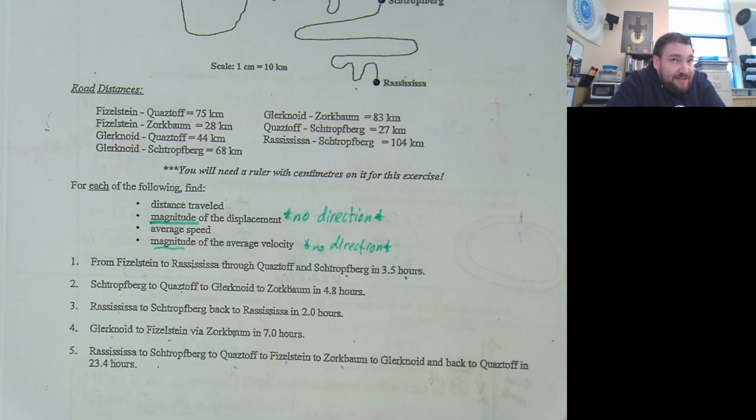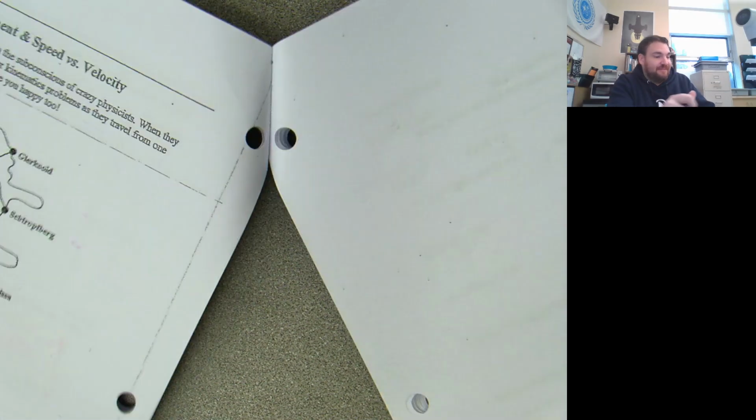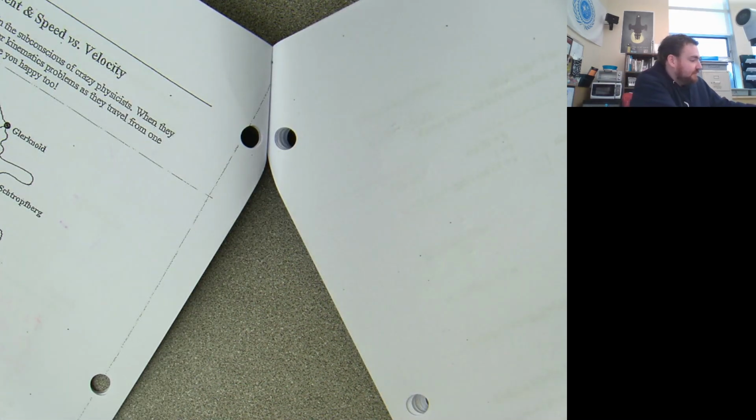For the remainder of class, and then over the weekend, this is what I would like you to do. I want distances, displacements, speeds, and velocities for these 5 paths. I have provided you with some blank paper to work with. You can do it all on here. That is your task. If you'd like to work together, you're welcome to do that too. On your mark, get set, giver.